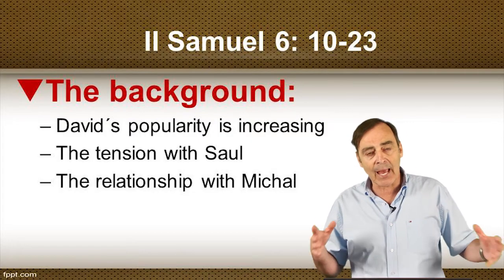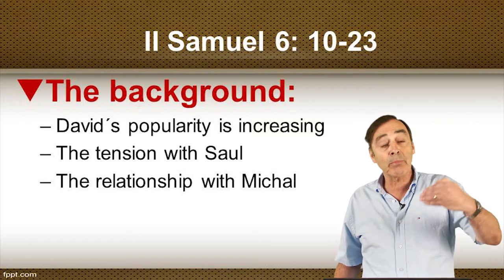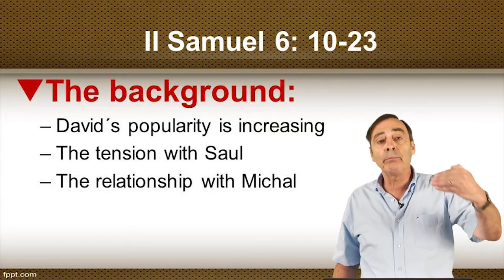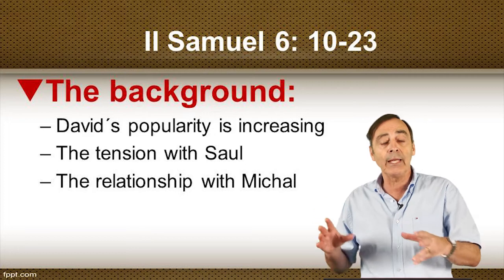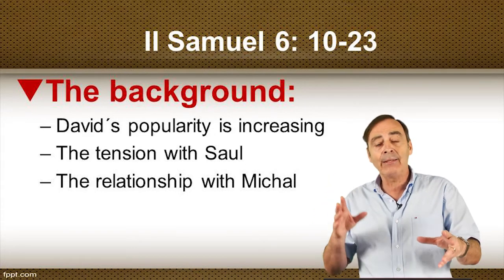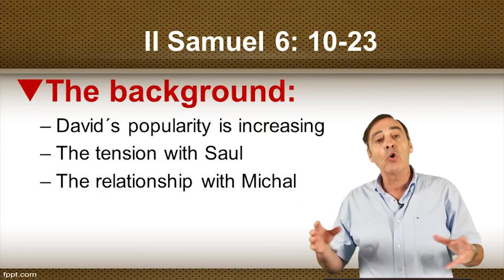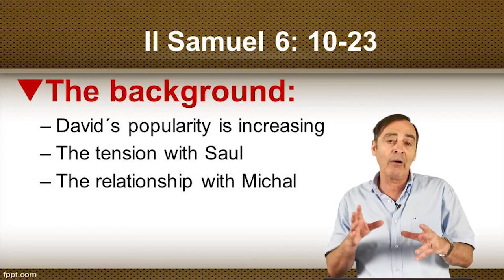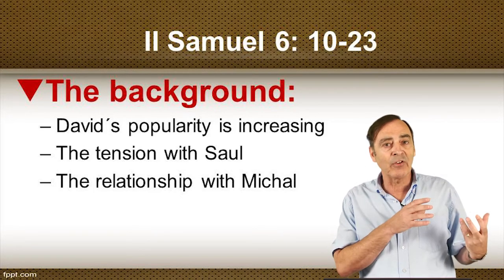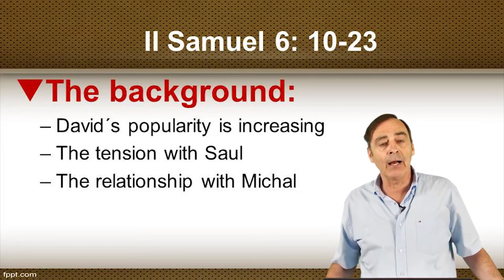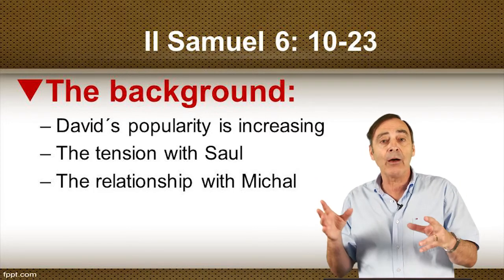The background for this text, as we know, is that David is building his strength in terms of his popularity as a potential king. We understand the context of Saul and his role in the Israelite people, and how his popularity is sinking while David's popularity is increasing. We understand the complex nature of the biblical figure of Michal, and the tension of her being the daughter of Shaul, and at the same time, as we know from a previous biblical text, how she loves